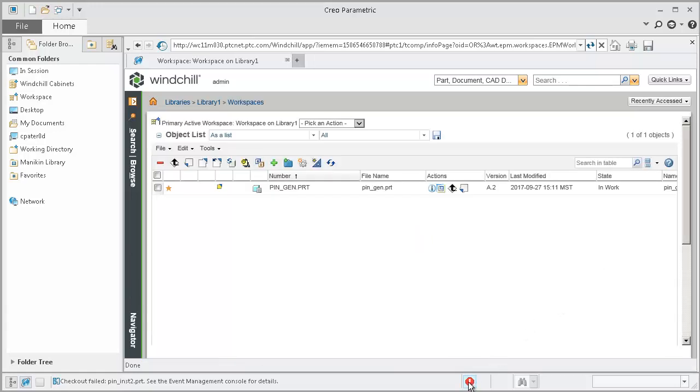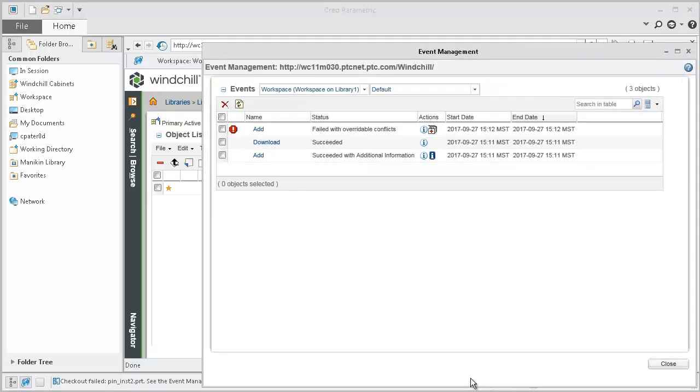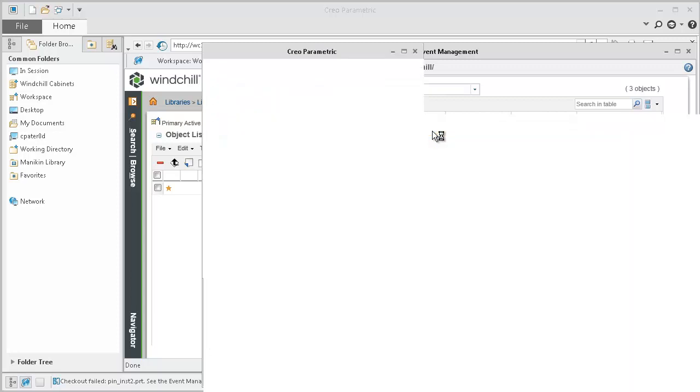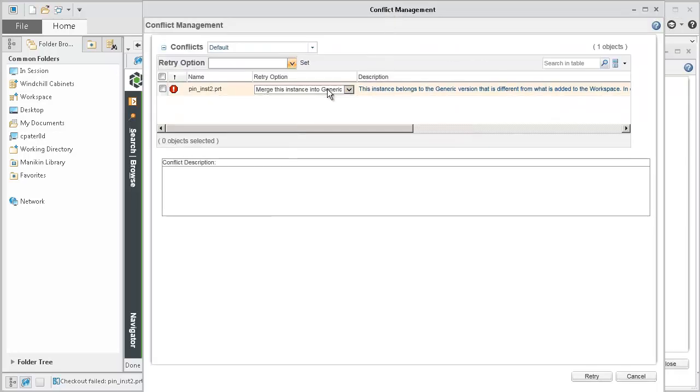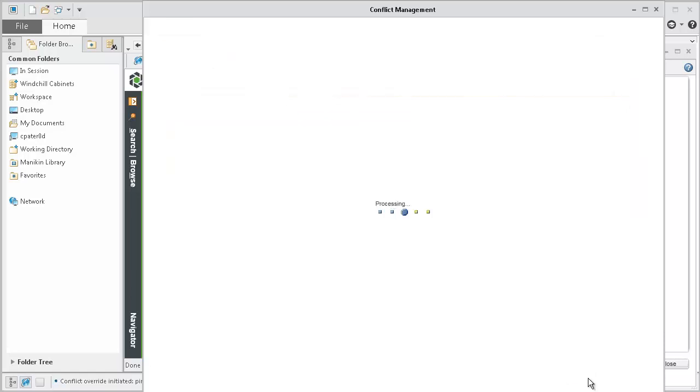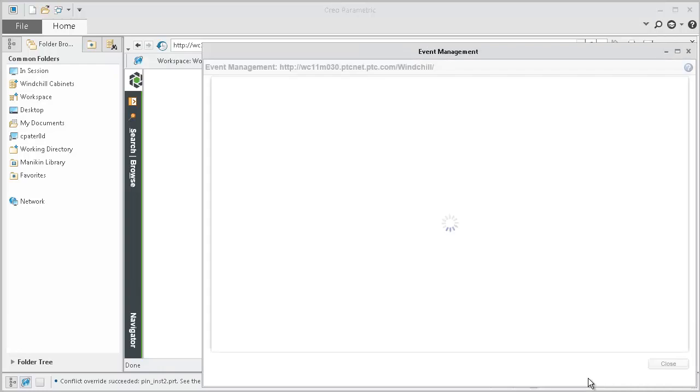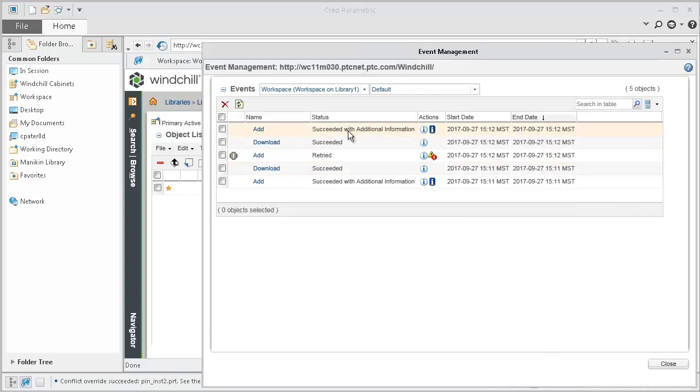We'll select Event Management. You'll note that it fails with, again, an overridable conflict. We'll select Resolve Conflicts. In Conflict Management, note that the Merge this instance into generic retry option is available. Select Retry. At this point, the Add to Workspace of that instance has completed. We can close Event Management,